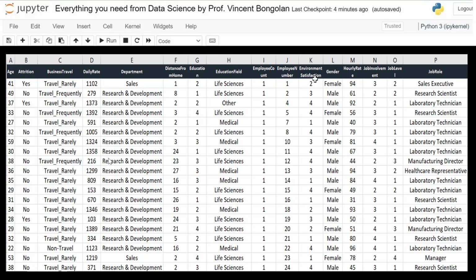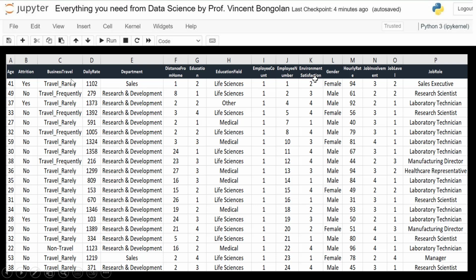To illustrate a supervised machine learning model, I got this data from Kaggle. The goal of this exercise is to illustrate how to perform, how to build a machine learning model. Okay, so I am going to use the Python programming language and I'll be using the Jupyter notebook. Alright, so the goal of this exercise is to predict whether an employee will thrive or not in the company. These are the data